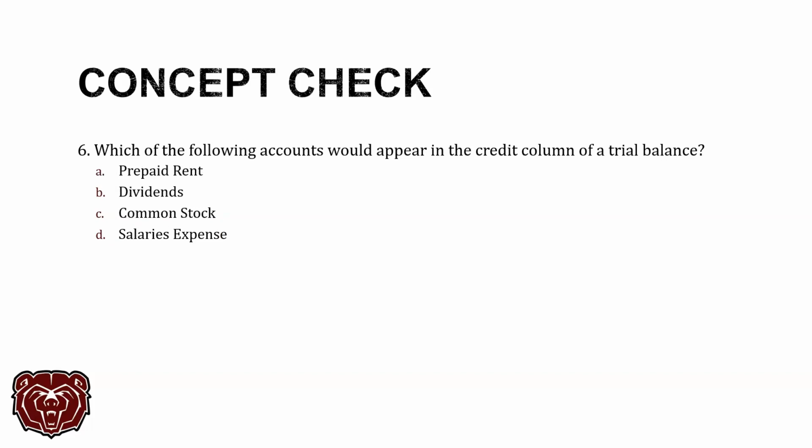And number 6, which of the following accounts would appear in the credit column of a trial balance? So, got prepaid rent. No, that's an asset, right? That's going to be a debit. Dividends. Well, dividends increase with a debit. Okay. Common stock. Common stock increases with a credit. And then salaries expense. Well, it's an expense, and that increases with a debit, so it's going to be C,